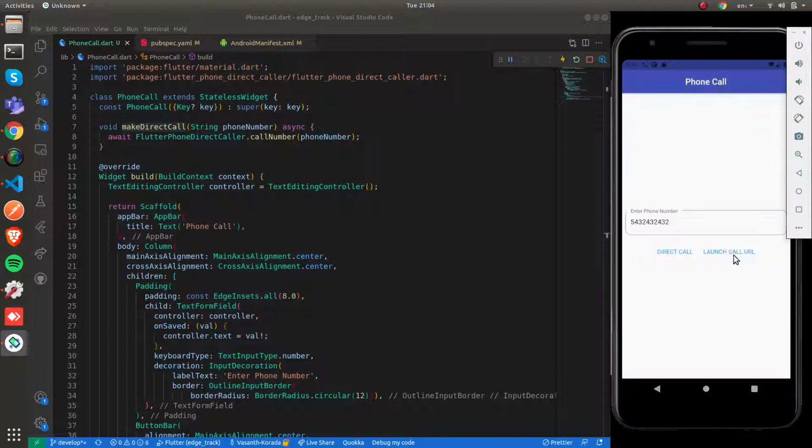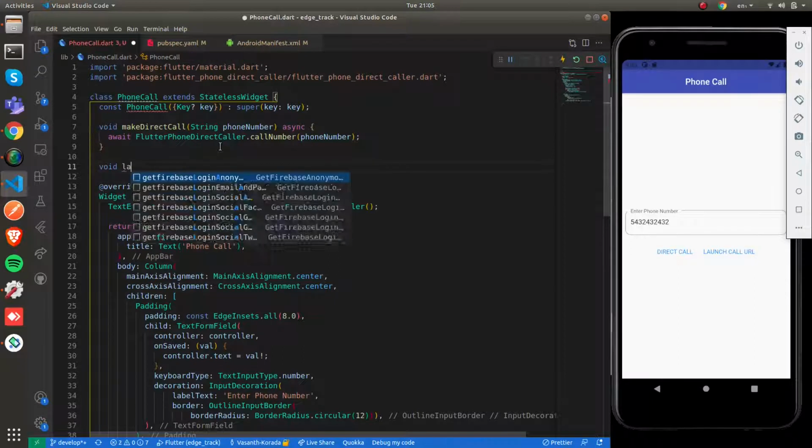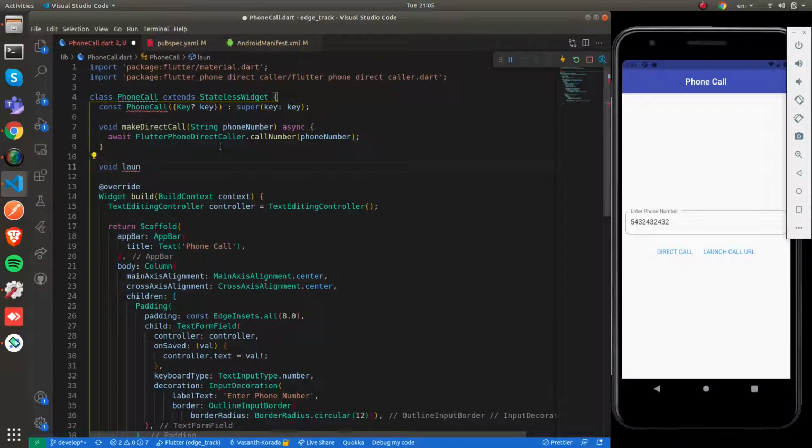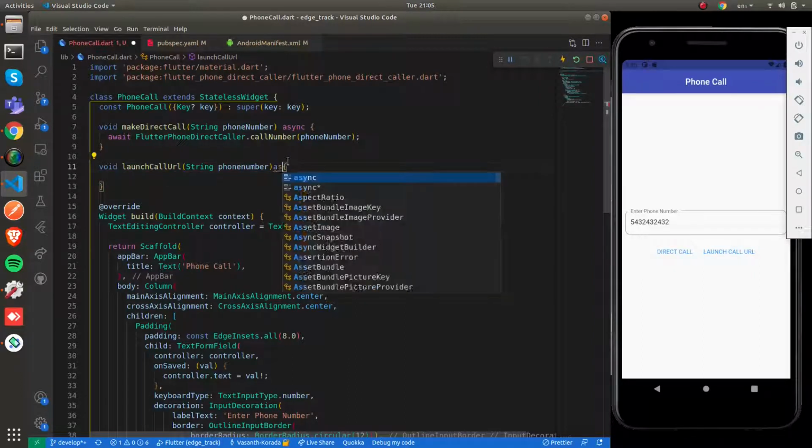The next one we are going to do is launch call URL. For that I am going to create a method called launchCallUrl. It also takes the phone number as a string, and it is also an async method.